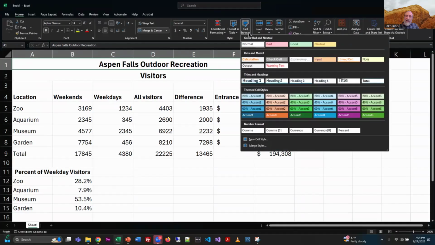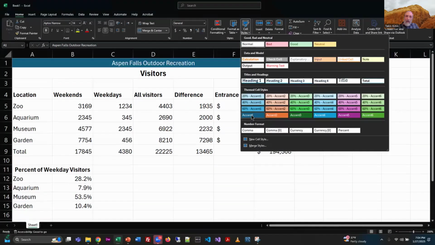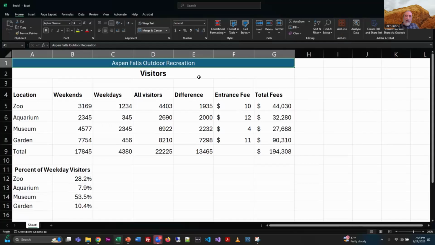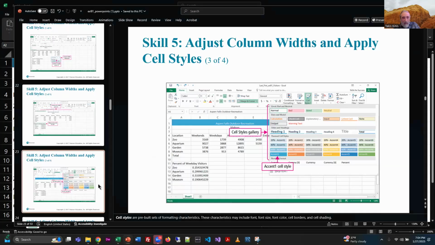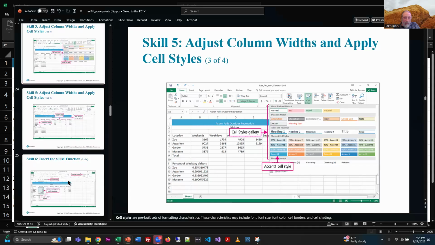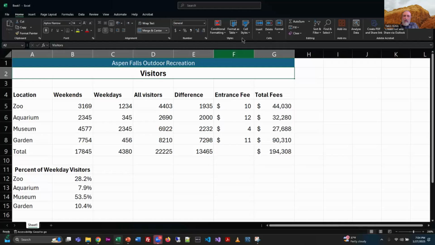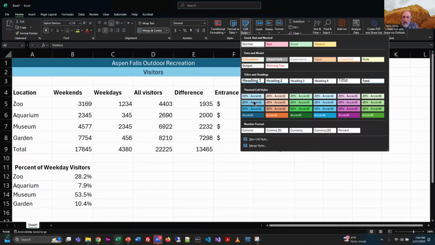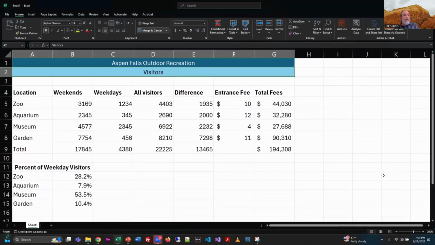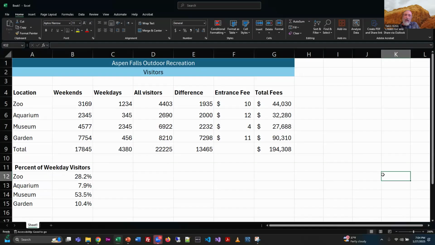But I'm going to go ahead, hit that down arrow. I found the one I think they used, right? I think they're calling it Accent One. And I don't know what they did for that one, or if they did. They did the 40% one. So for visitors, I'm going to hit Cell Styles and do 40%. Right. And okay, granted,